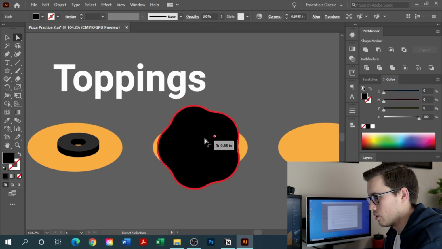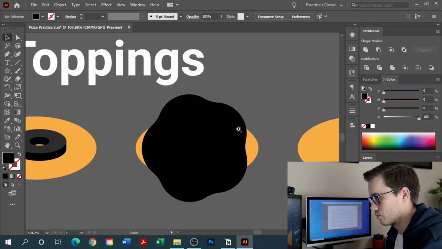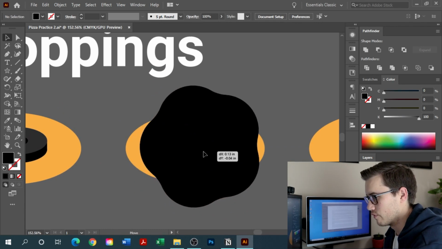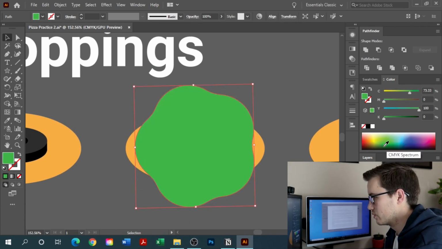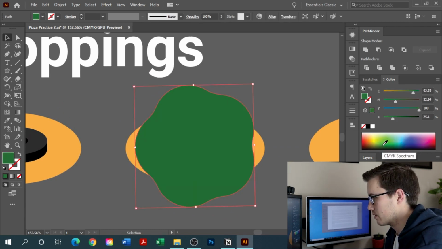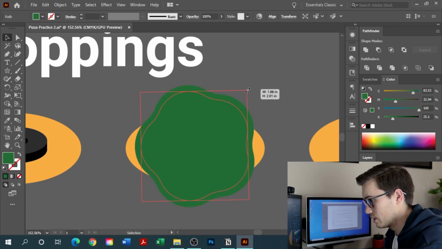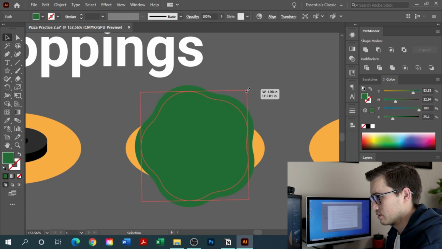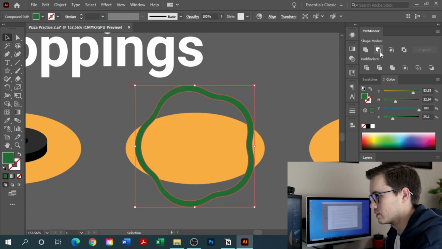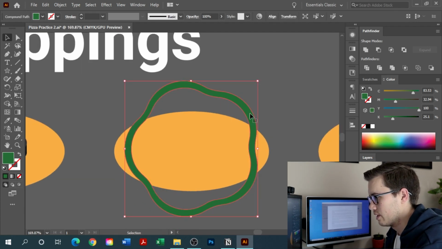I'm going to hold Control to bring it in slightly so it's not so much like that. Okay, and I'm going to hit A on my keyboard and I'm going to round all the edges. Okay, so that sort of looks like a top-down view of a pepper. The next thing that I can do is I can give it color, and then I can copy and paste it